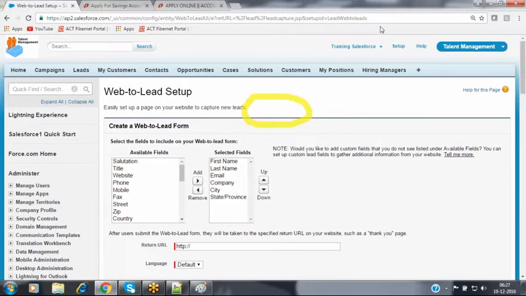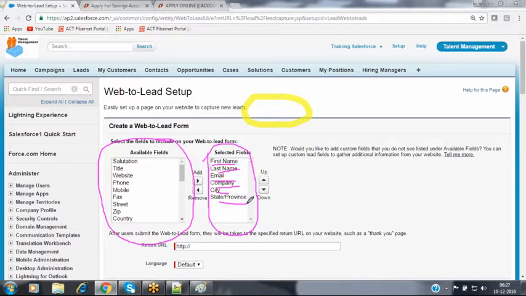Nothing but what fields information you want to place inside that graphical user interface. Now it is populating all the fields available inside the lead object. On your graphical user interface, whatever fields you want to place, you have to select these fields here. By default, Salesforce is selecting the first name, last name, email, company, city, state, or province.